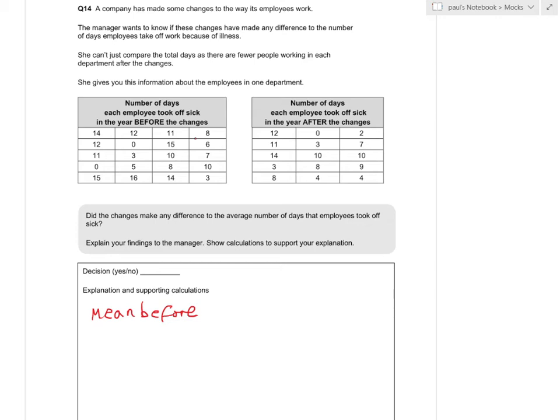I think I've missed the 14 out there. 6, 7, 10, 3. I hope I got that right. That all came out to 180, divided by 20, which is 90. And after